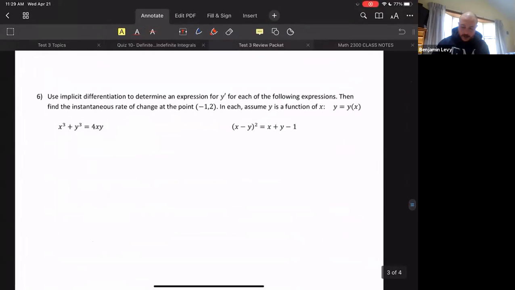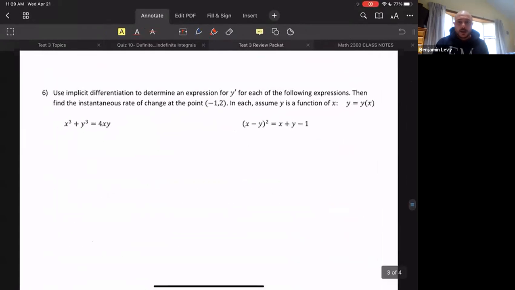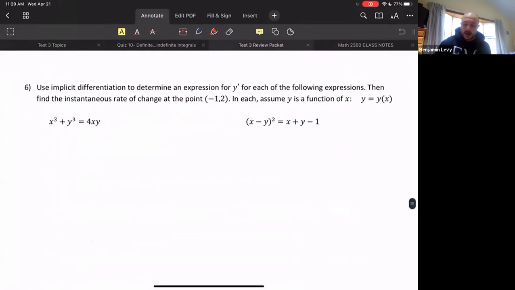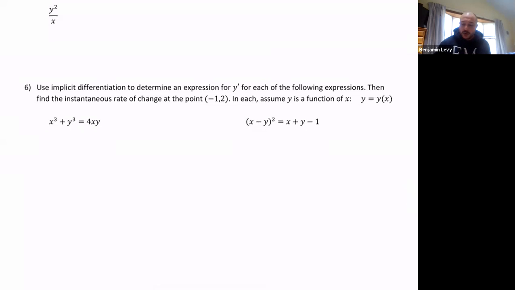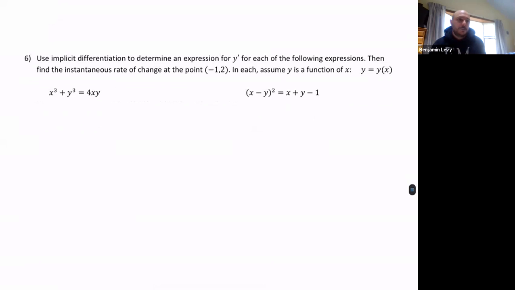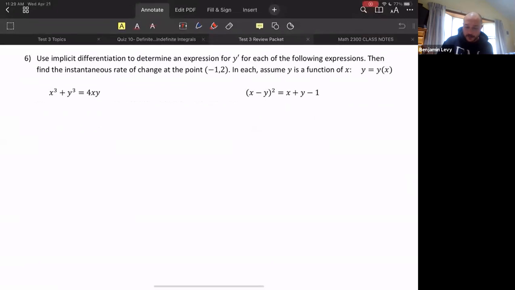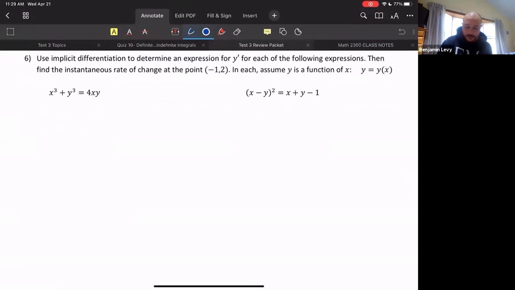So here's a couple right here. Let's look at these. And to your point, not to call you out, but in general, it's Wednesday. We've got our test on Friday. You don't have to look at all the documents, but you should be assessing what you know and what you need help with. If related rates or implicit differentiation is one of those things, then you should be looking at those. At some point you need to do that, and it should happen before Friday. So anyway, that's all I'm saying.